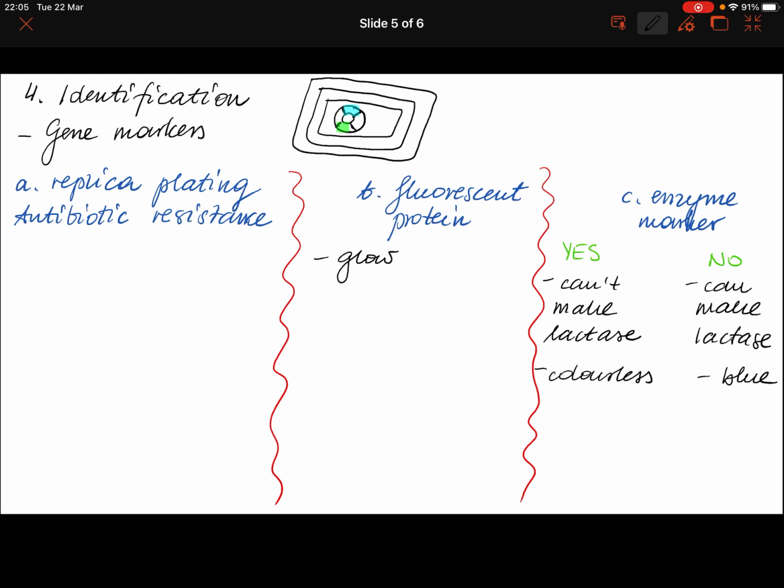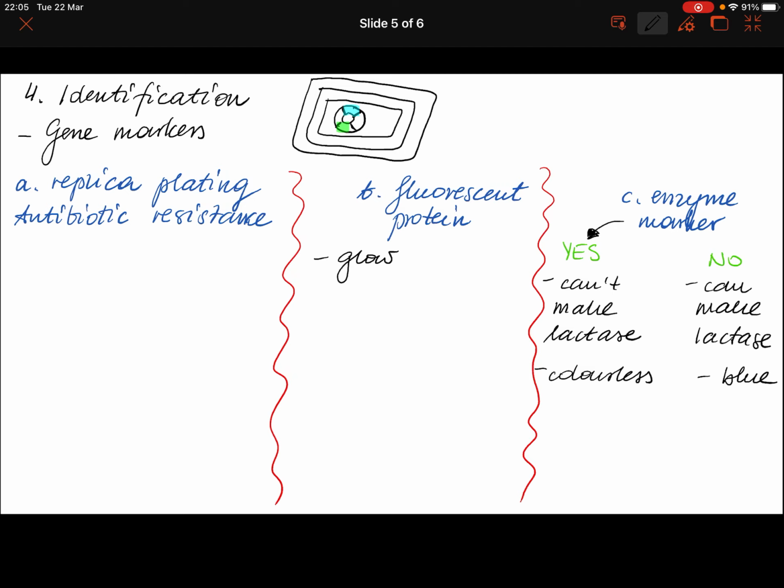One of the ways of checking if the bacteria has taken up the plasmids is using gene markers. We've got three of them. We're going to go for the easy, straightforward ones first. I could use fluorescent proteins from jellyfish. If I use them, the bacteria that has taken up the plasmid will just glow in the dark. Or I could use the enzyme markers, and if bacteria has taken up the plasmid, the bacteria won't be able